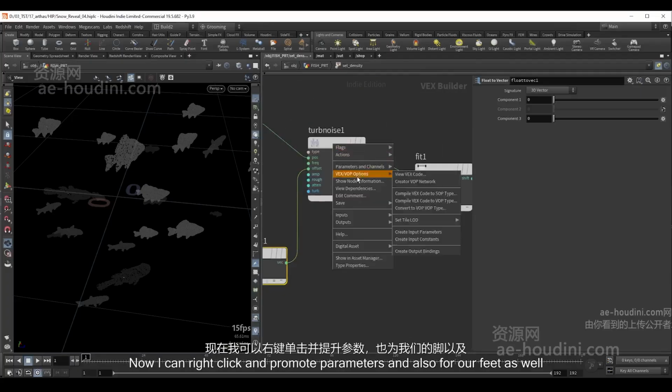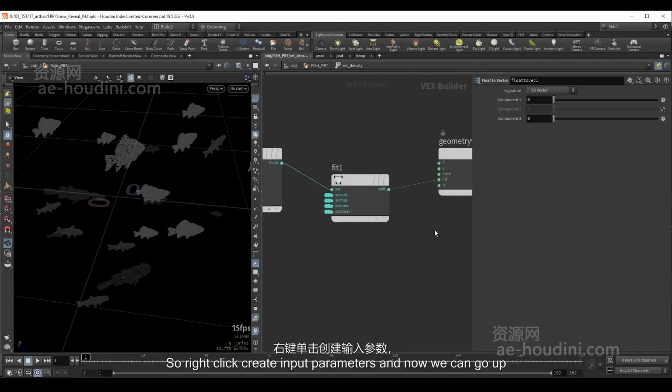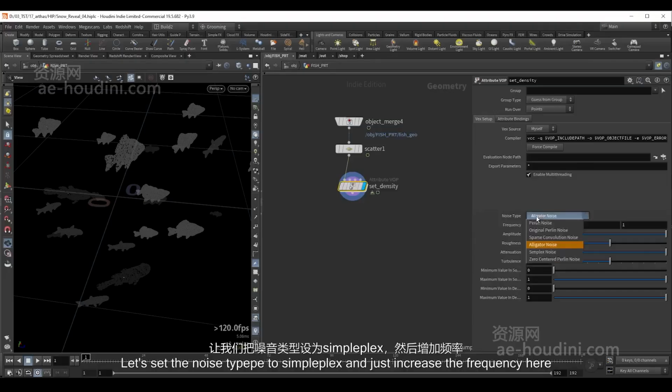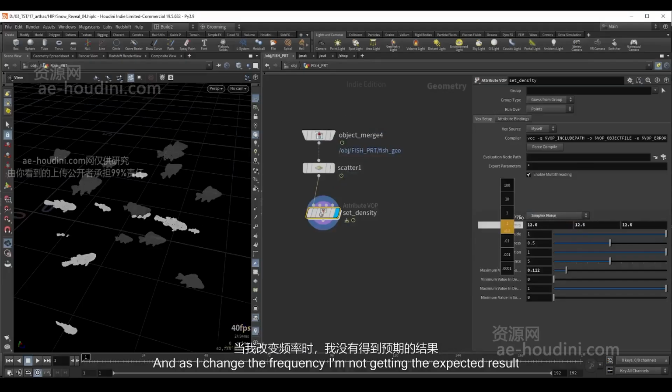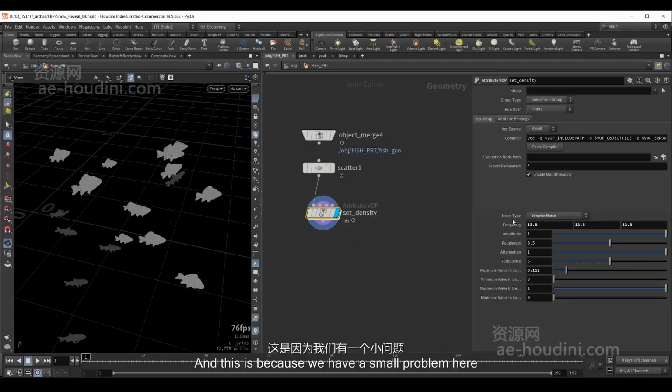Now I can right click and promote parameters, and also for our fit as well. So right click, create input parameters, and now we can go up. Let's set the noise type to simplex and just increase the frequency here. And as I change the frequency, I'm not getting the expected result, and this is because we have a small